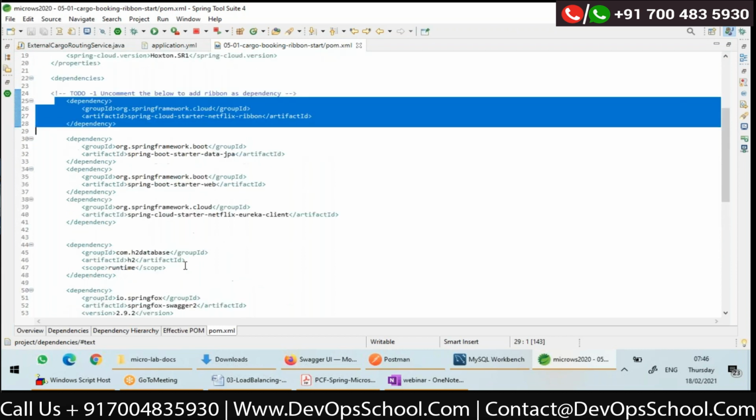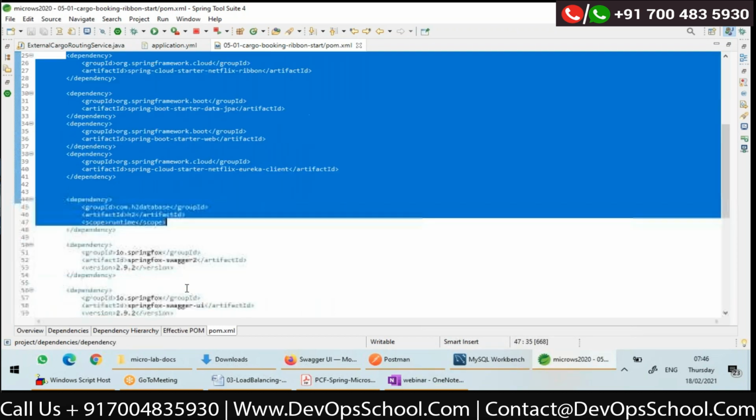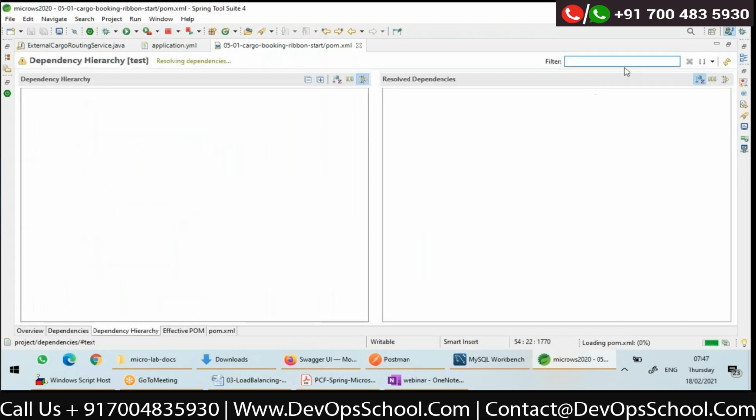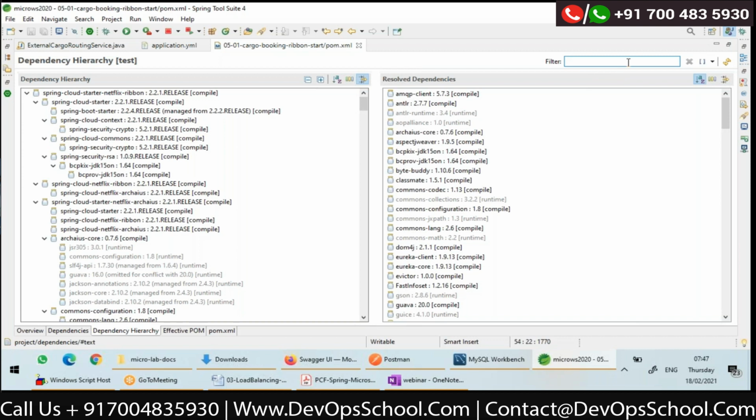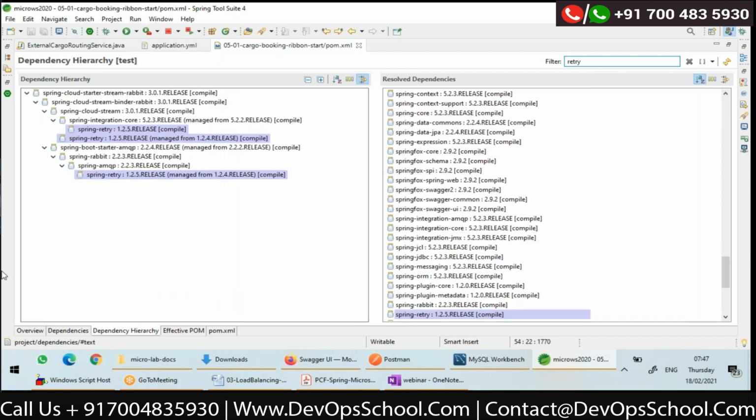Did I add the Spring Retry dependency? No. But if you see the dependency hierarchy, and here I'll search for retry, the Spring Retry module is there by default. It is coming from Spring Cloud Stream Rabbit.